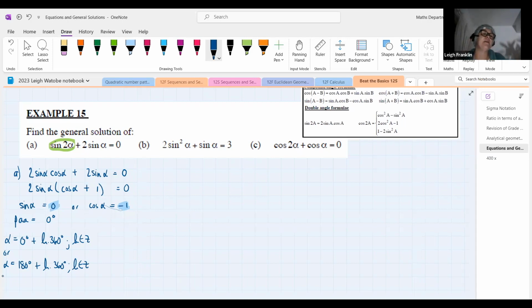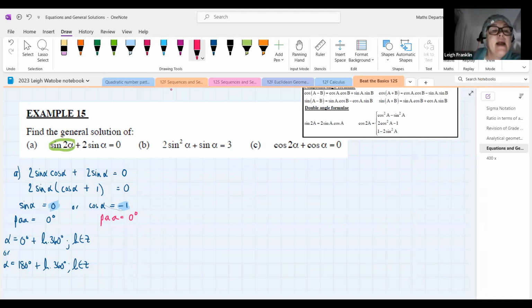And then you would have to do the same thing for where cos alpha was equal to -1. Okay, you would have to find your PAA. Do not use the negative to find the PAA. The negative is there to tell you which quadrant to work in. So when you're finding your PAA, you'd go shift cos and you'd put in 1, not -1. Okay, so that means that your PAA would be equal to, you should also get,